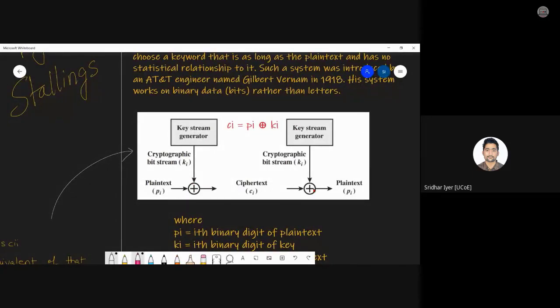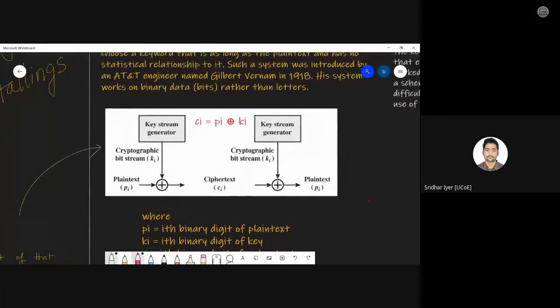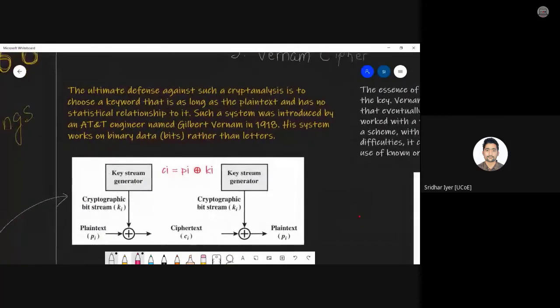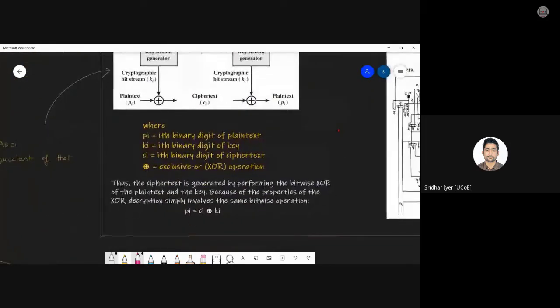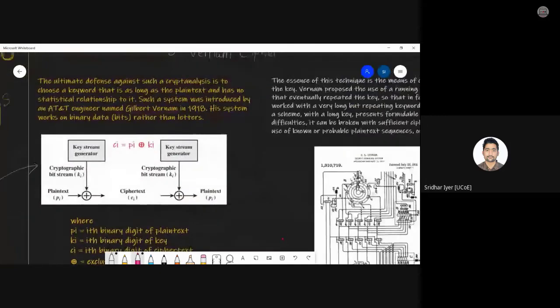Isn't it simple? Now, if we think from a software point of view, we can design a program for this within a few minutes, right? But at that time software was not available, so it had to be done manually on sheets of paper, punching holes wherever there was a zero and keeping it plain wherever there were ones. This is just an example. So this is how things work in this particular cipher, which is called the Vernam cipher, based upon the researcher's name, Gilbert Vernam. Fine. But obviously, it has its drawbacks. We'll discuss all of that in detail in the next lecture.